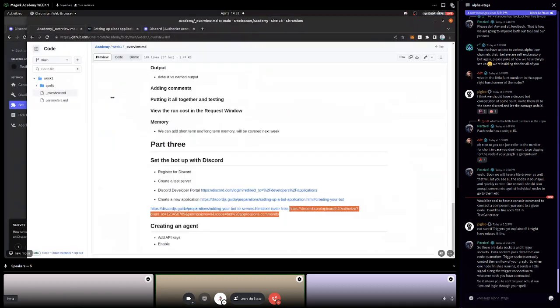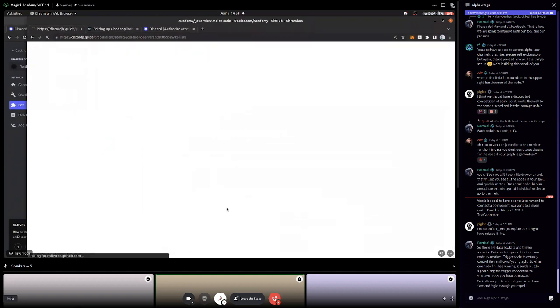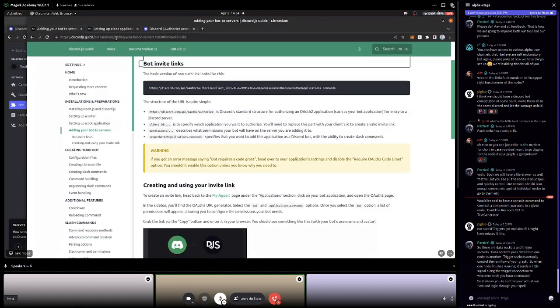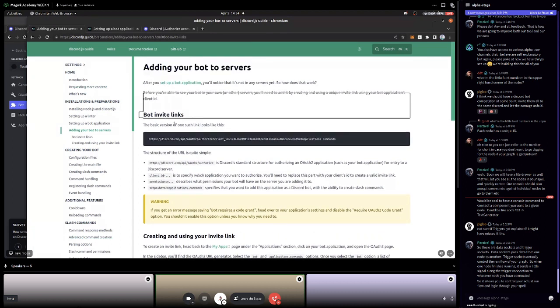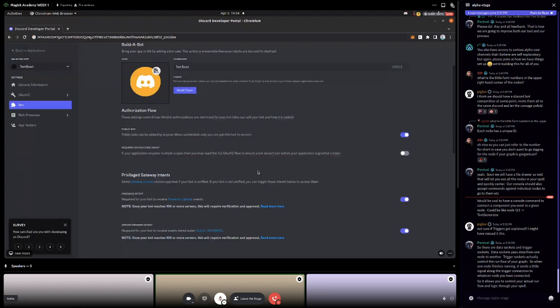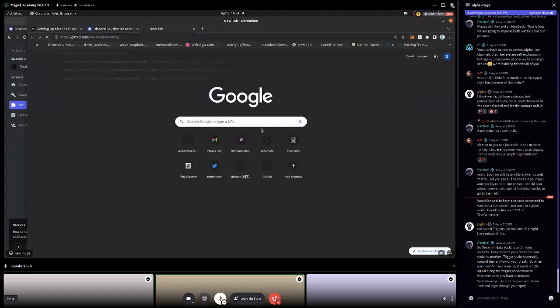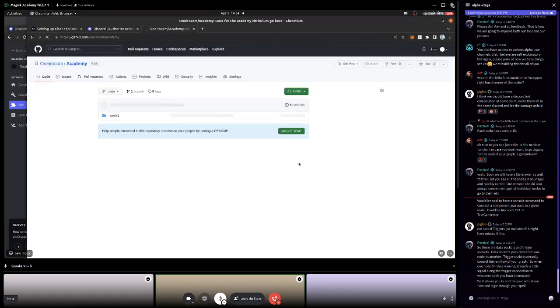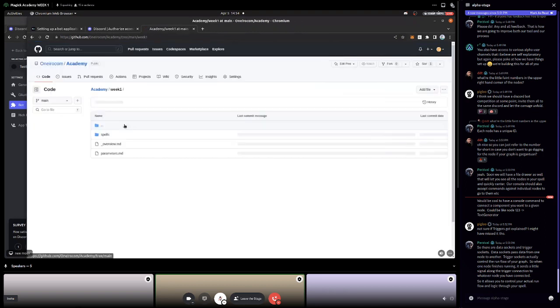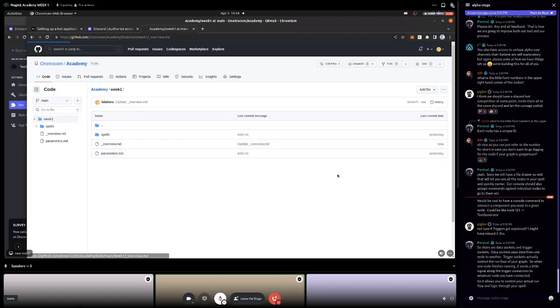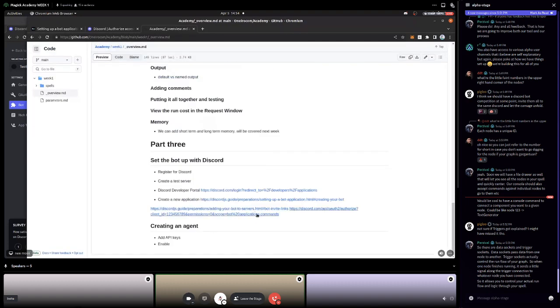Okay, well, a little bit of context. There is a guide here at discord.js for how to invite the bot. And you can see that there's a bot invite link. There's a URL here. We basically copy this and we put our client ID in. But I've also provided in our Magick Academy, oh, I just got rid of it, didn't I? The actual direct link so you can get there. So let me just go grab that again. It is this one.